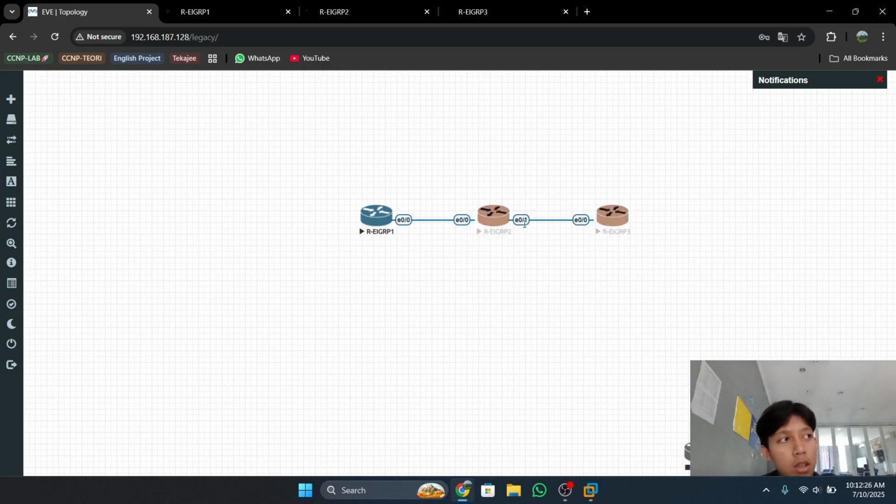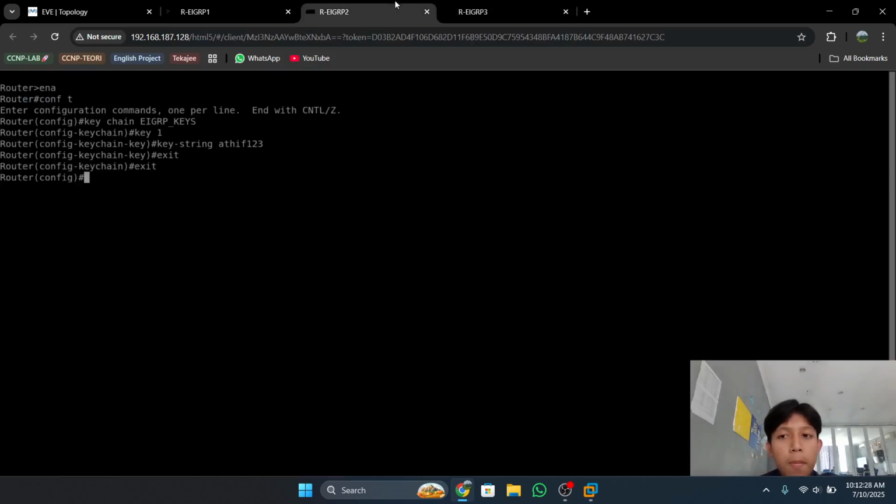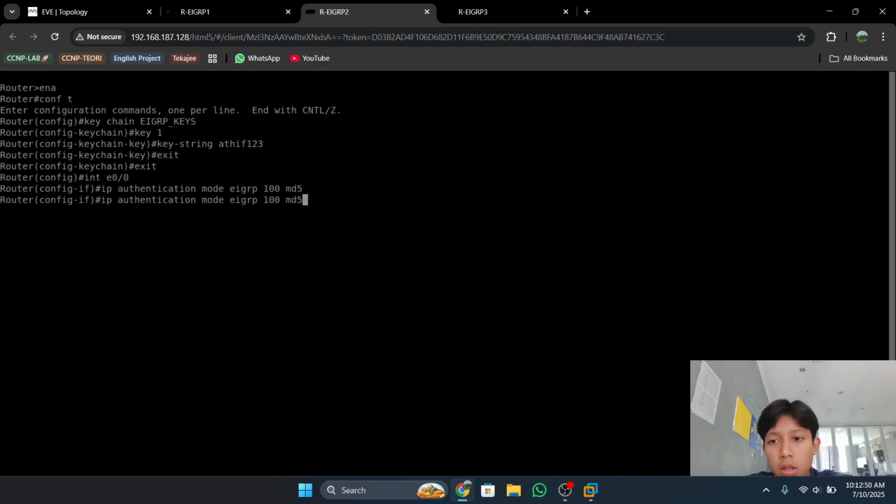Enter interface 0/0 and type ip authentication mode eigrp 10 md5. Sorry, maybe it's mode eigrp 10 md5.